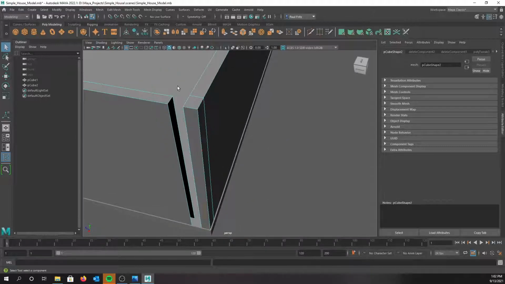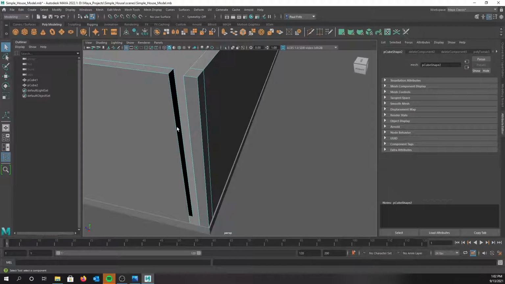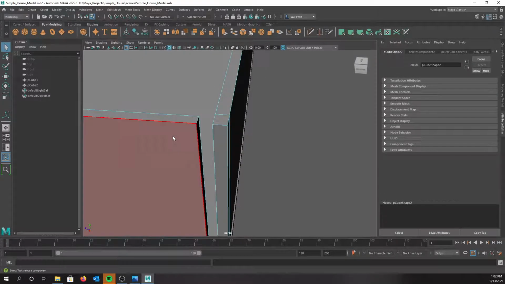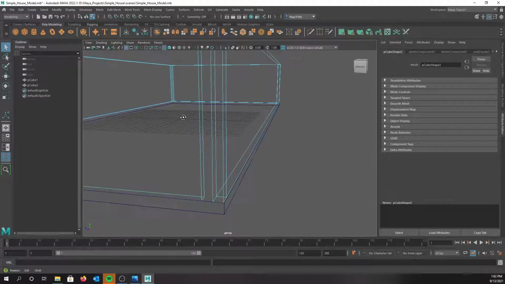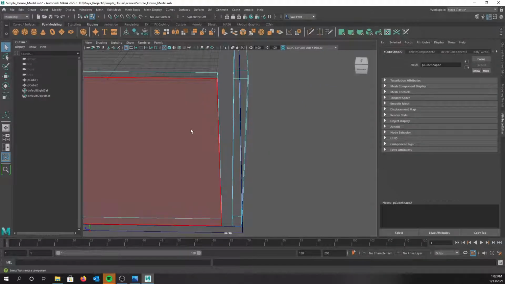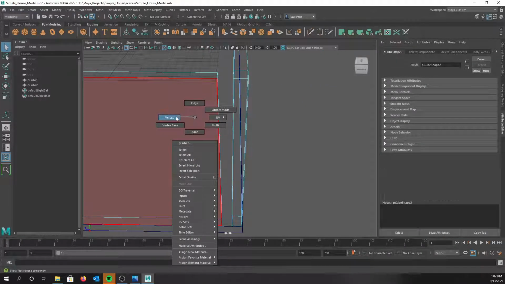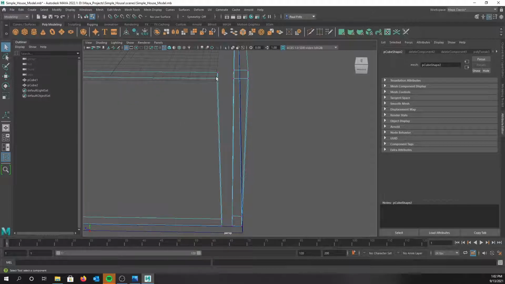And we're going to end up using a target weld to connect these together. So the way we're going to do that is first we're going to hit 4 on our keyboard and go into the wire mode. So 4 allows us to see everything in a wire frame effect. I'm going to right click and go to what's called vertex, and now I have these little purple dots on